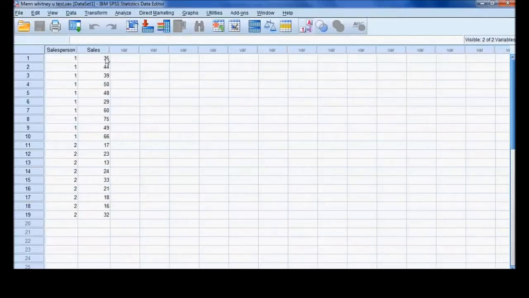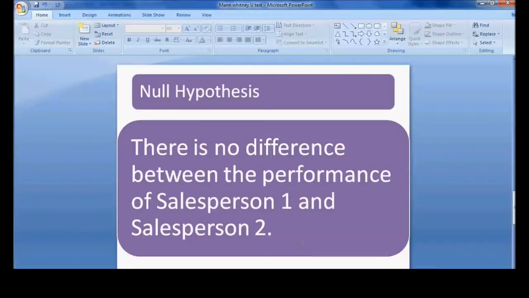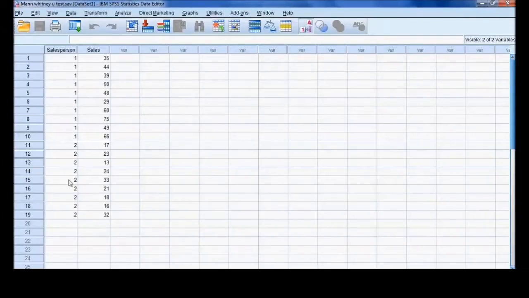Under these two conditions, we would be using the Mann-Whitney U test. For the null hypothesis, there is no difference between the performance of salesperson 1 and salesperson 2. I'm going to see whether to accept or reject this hypothesis by using the Mann-Whitney U test. This is the salesperson data with its corresponding sales performance. For the first step,